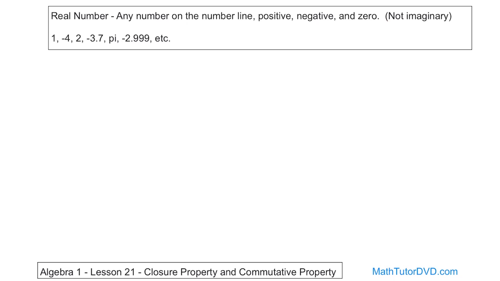It doesn't have an i in there. And then the imaginary numbers have the letter i associated with them. We'll talk about those much farther in the future. Anyway, examples of real numbers would be numbers that you're dealing with all the time. The number 1, the number 2, things like that. But also negative